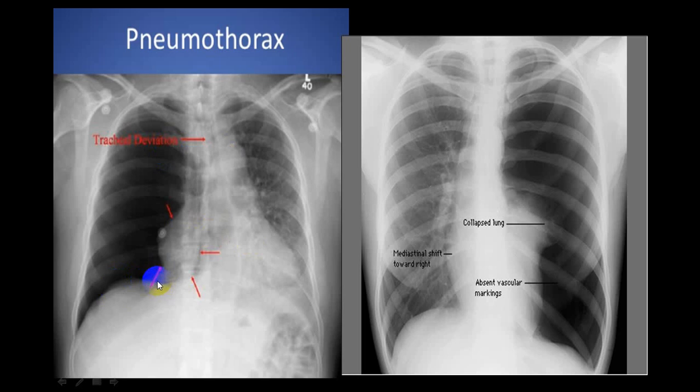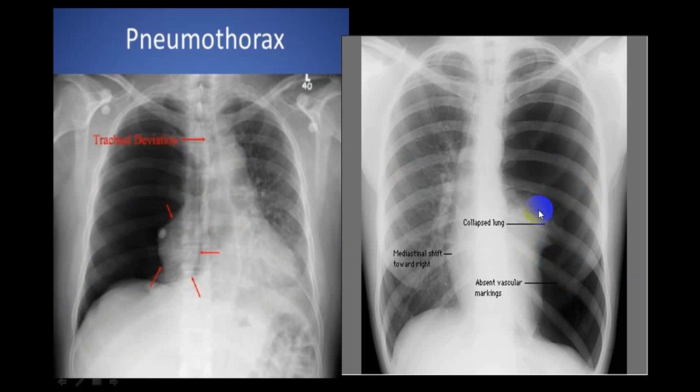Diaphragm here. Trachea is shifted. Diaphragm is not pulled up, so there is no decrease in the lung volume. So there is a positive pressure which is pushing the mediastinum to the opposite side. And radiolucency, pneumothorax. And you can see a deep sulcus sign. Can you see clear? Deep sulcus sign. So this is typical of pneumothorax on the right side. And as it is pushing the entire mediastinum and trachea to the opposite side, tension pneumothorax.